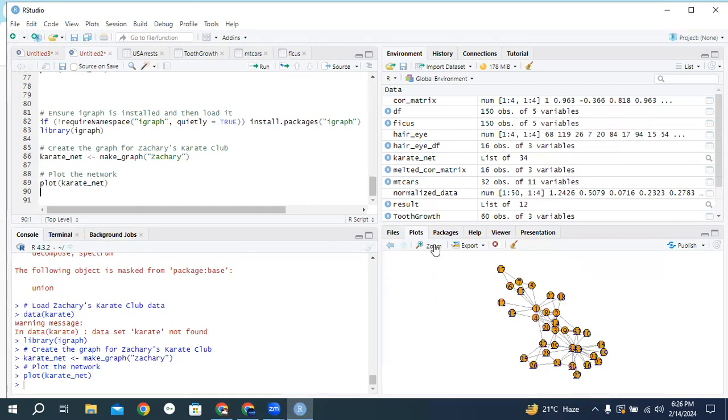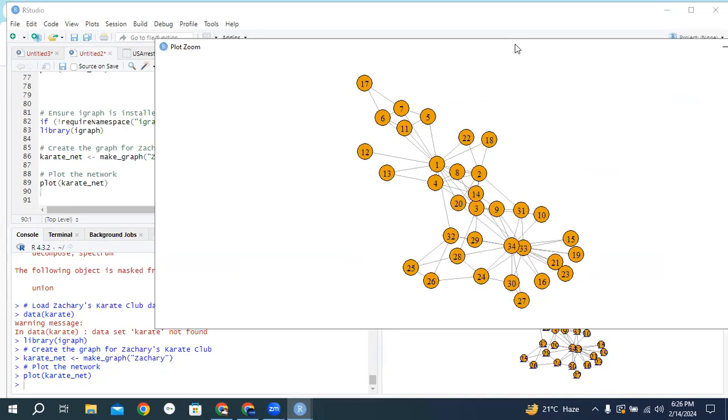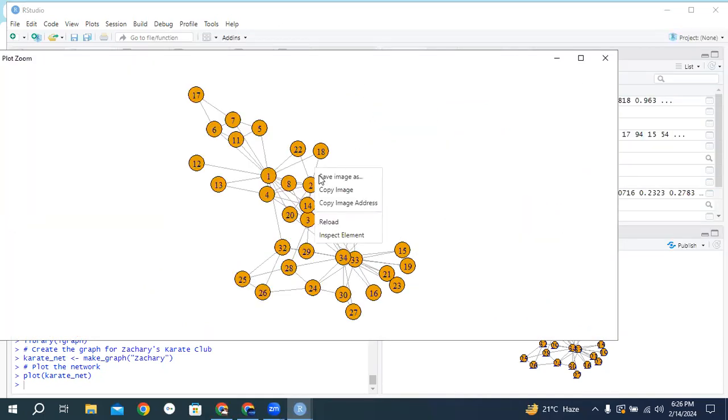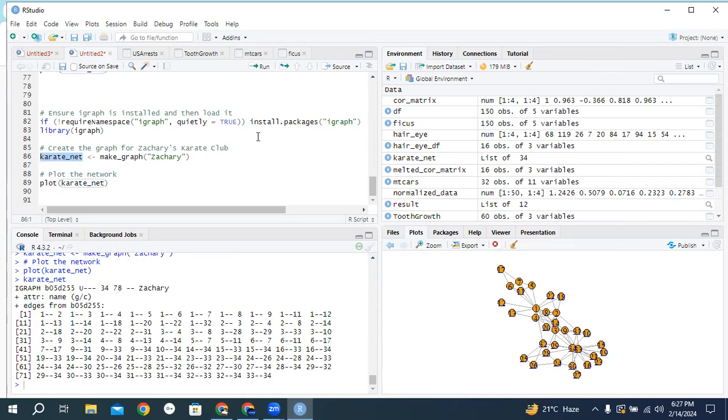So it shows the network analysis. Now, if you want to check its dataset, Zachary's,